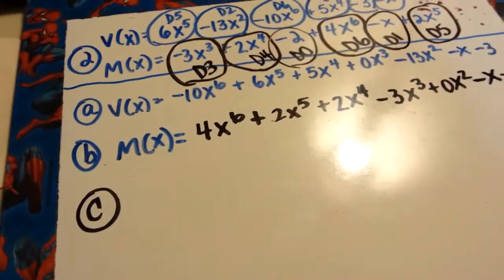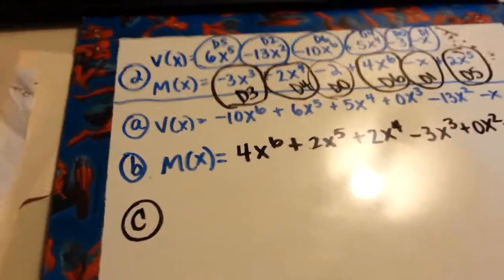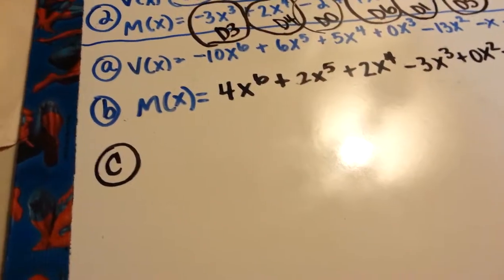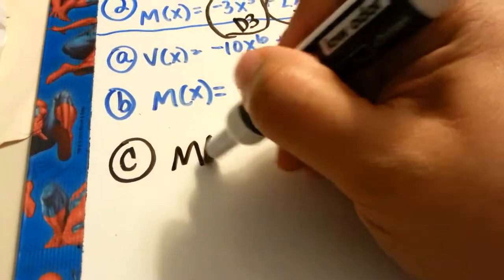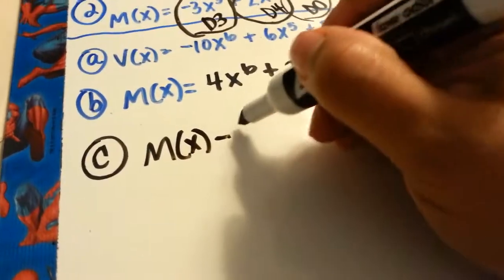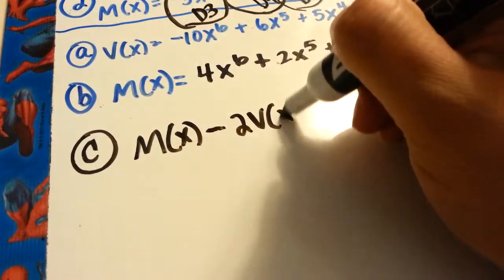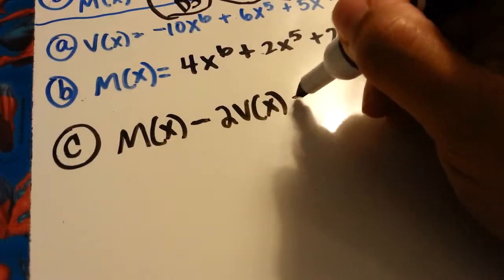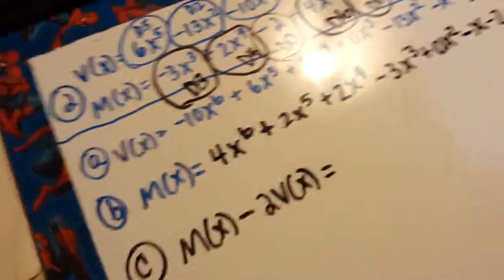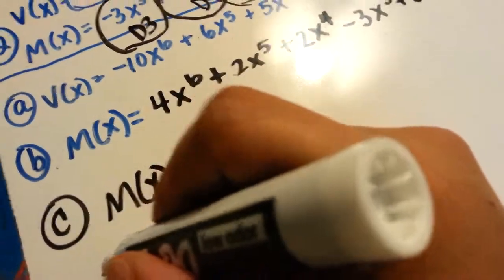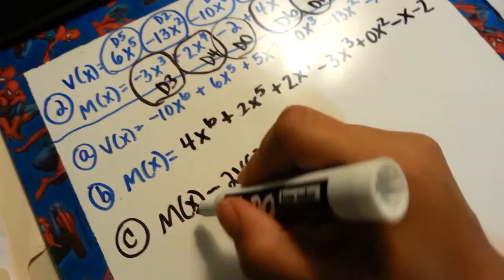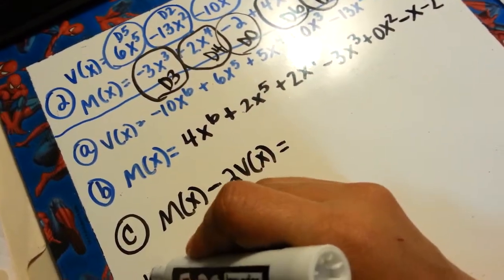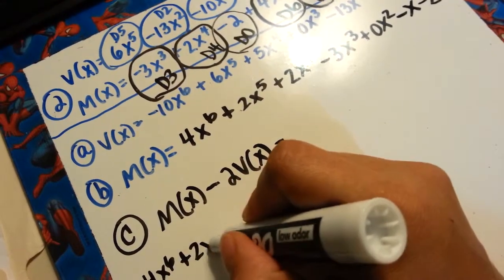Now part C said that you had to multiply, combine, and multiply, right? And it specifically said that it wanted to take the m of x polynomial and it wanted to subtract twice the v of x polynomial. Okay. So which one is the m of x polynomial? It's this one right here. So all I'm doing is rewriting it right now. The m of x, which is 4x to the 6,